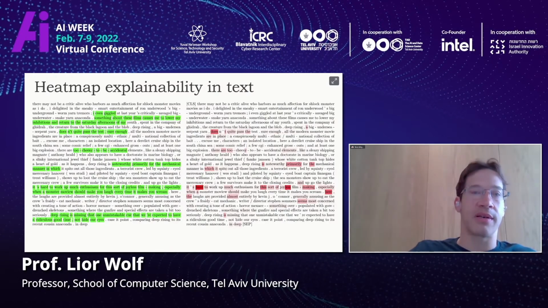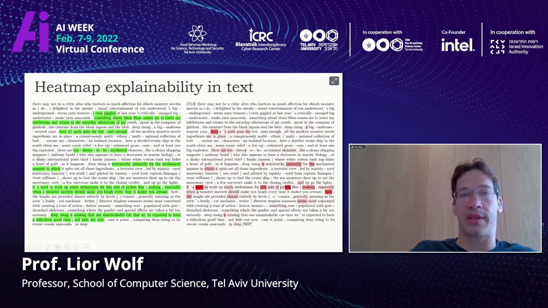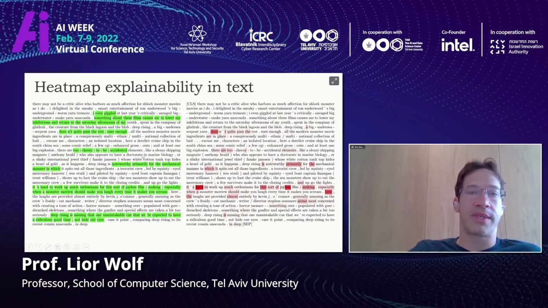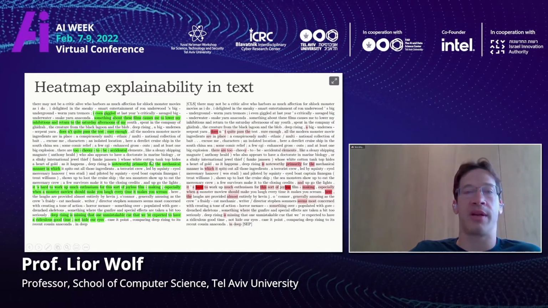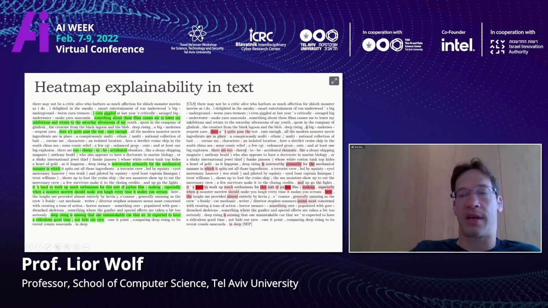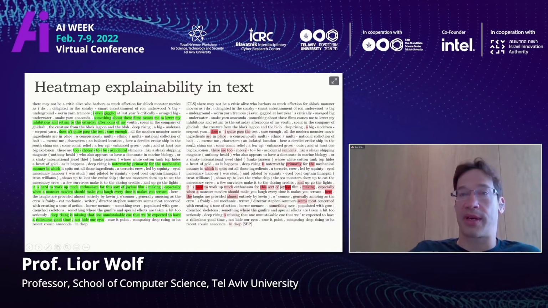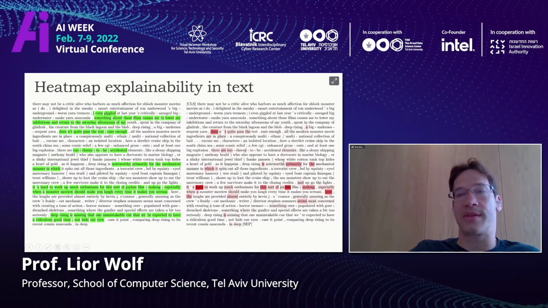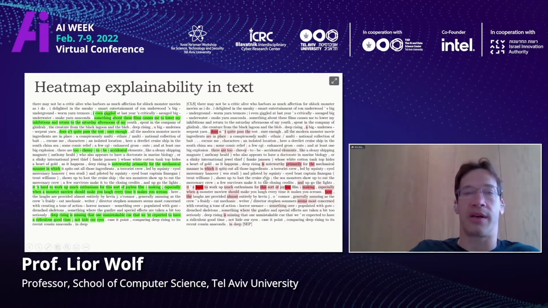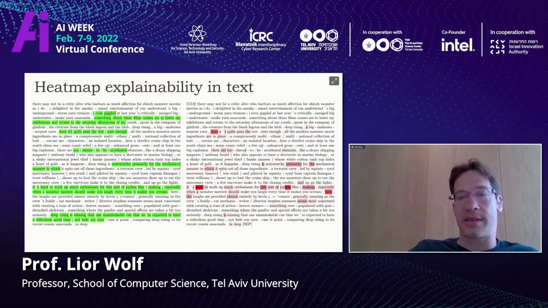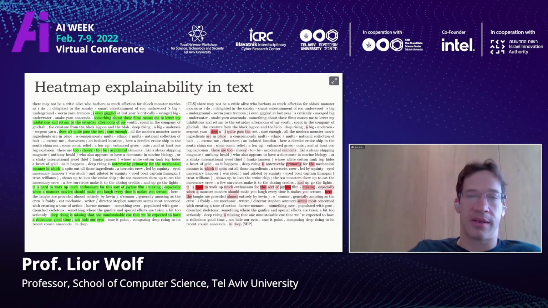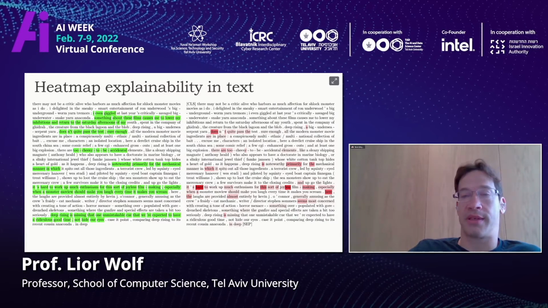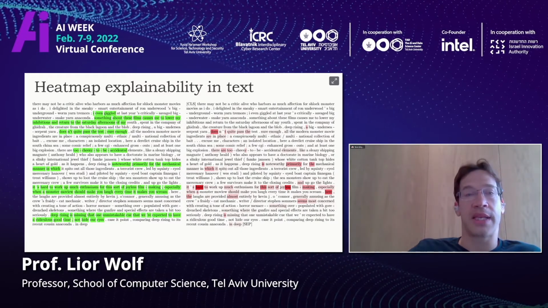So what you can see here is sentiment analysis. We get text, we need to say whether the sentiment is positive or negative. When we say explain how you got to a positive label, we see that the positive words are highlighted. If we say how we got to a negative sentiment, then we get the negative words as the ones that have been highlighted. Sentiment analysis is perhaps the simplest task in NLP, but it actually works for any task that transformers work and are very effective at.